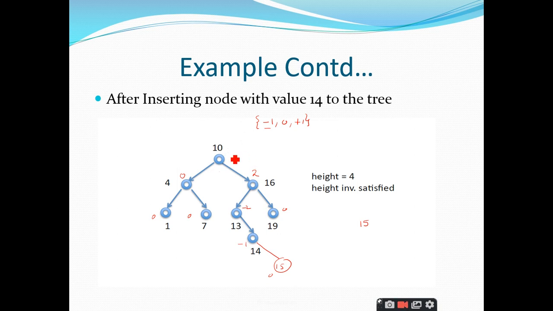So this becomes minus 2. If you observe this particular binary search tree, you can clearly see that some of the nodes do not have a balance factor that falls within this range, minus 1, 0 and plus 1. What are the nodes that are violating this property? 10, 16, 13, sir. 16 and 13. Is it clear? We will see how to rebalance it and which node should be rebalanced.